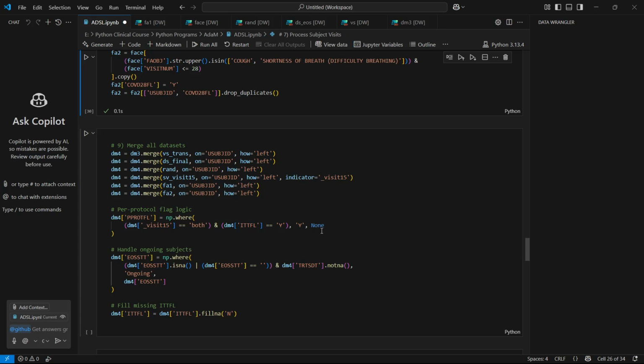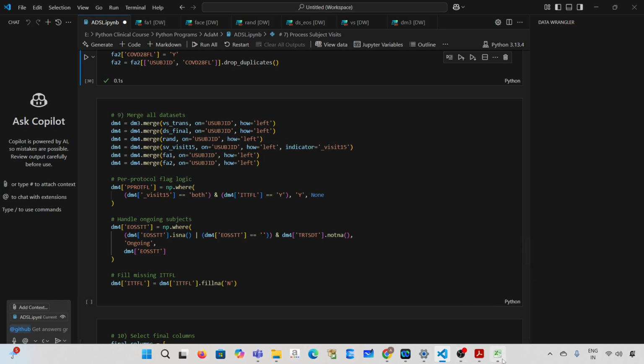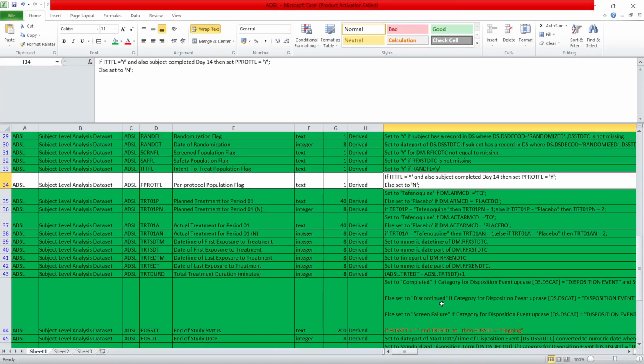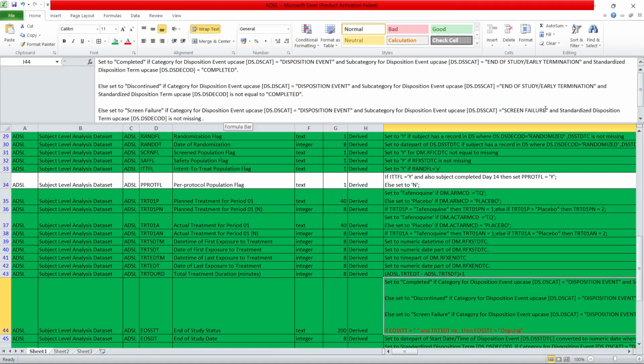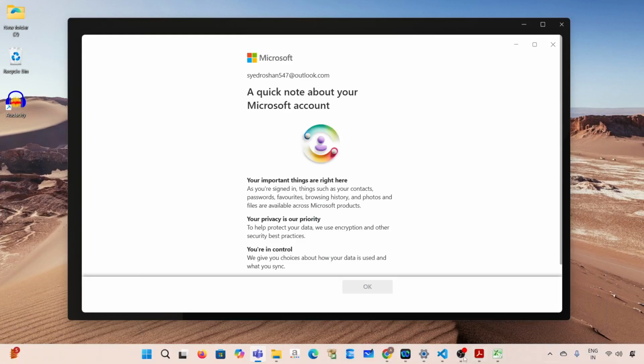Okay, let me show you this one, DM4, clearly, so you can understand. Then what is the ongoing process? Remember we left one condition here for end of study status, right? The last one we have here: end of study status equal to missing and TRT not equal to missing, then end of study status equal to ongoing, right? So this part,